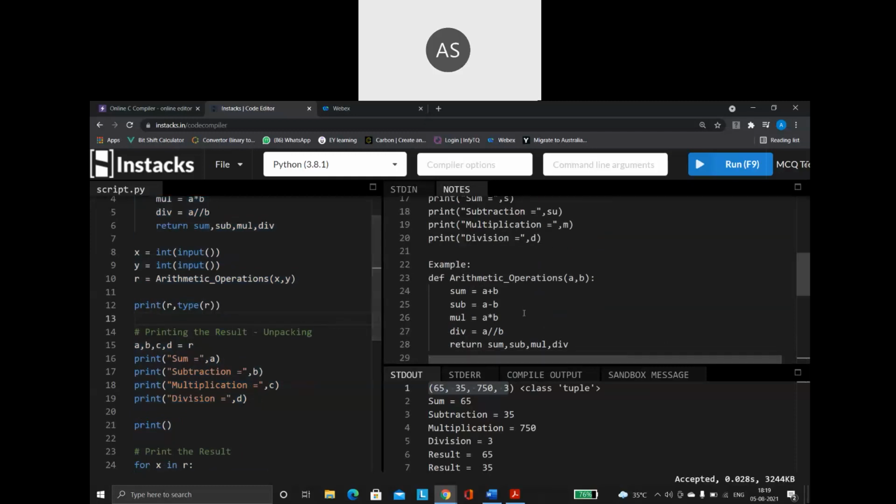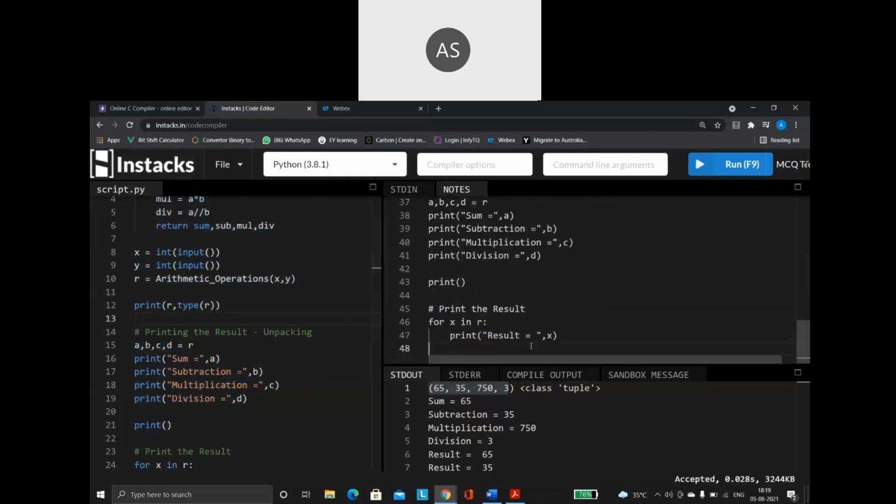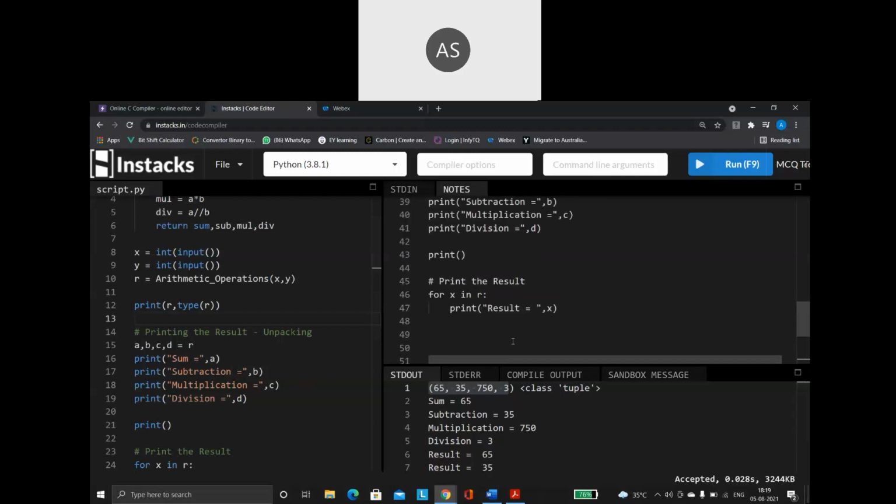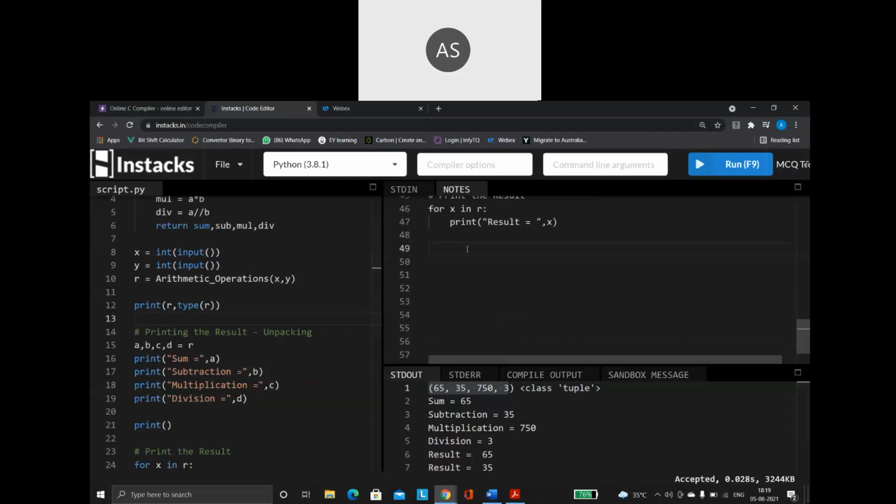What is the next thing I should be knowing? What are the different ways of writing a function? So here I'm going to have four types of arguments. A function can take four different types of arguments. So what are those?